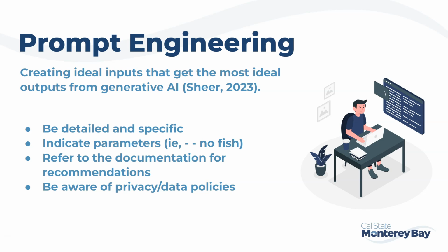Parameters in Midjourney, for example, are indicated by a double dash at the end of the prompt and apply to the overall image. So if you wanted to get an image of a sea otter and ensure that there are no fish in the image, you would type in sea otter and then add the parameter, which is dash dash no fish. Now you can do this to indicate like the quality of the image, the styling, and other factors. There's a field called parameters in certain tools. It's also referred to as a negative prompt. So in our no fish example, we would enter in fish into the negative prompt field.